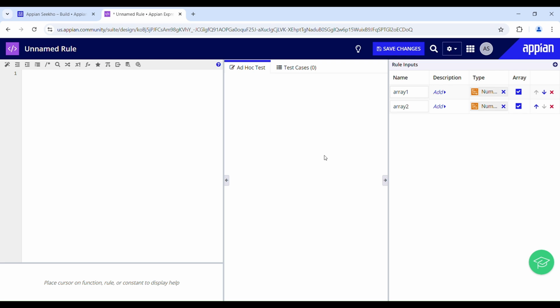Next we will create a custom function that iterates through array1 and checks if each element that is present in array1 exists in array2. If an element is not found in array2, it will be included in the result, but if it is found in array2, it will not be included in the result. Cool. So to do that, we will use the a!forEach function,